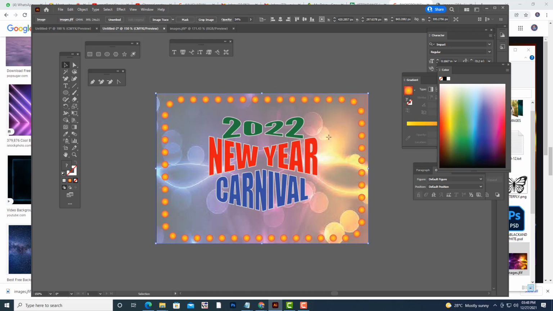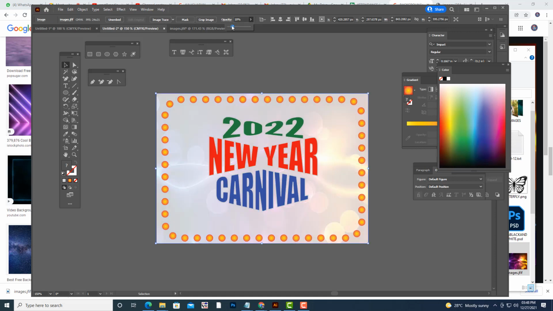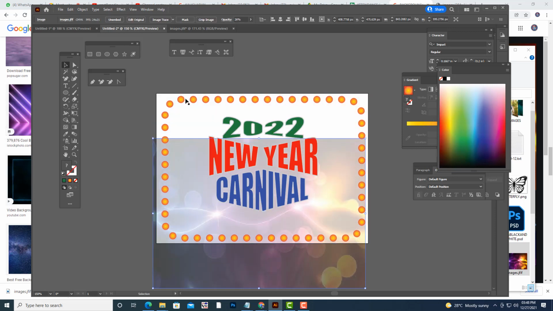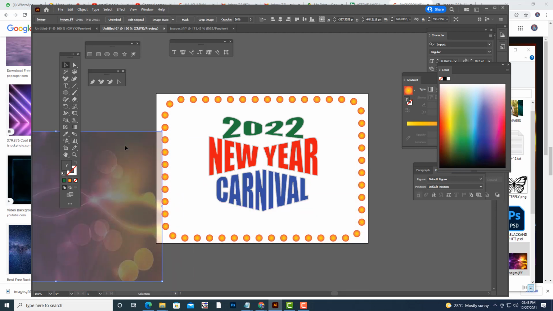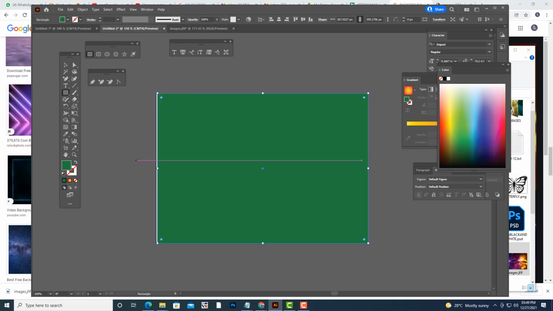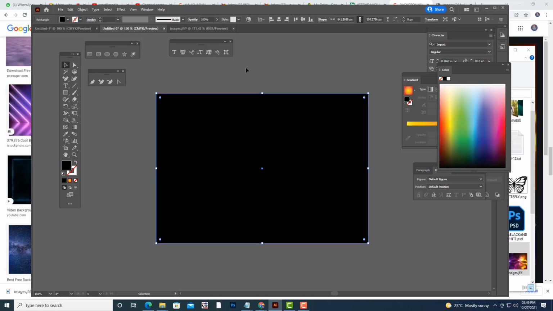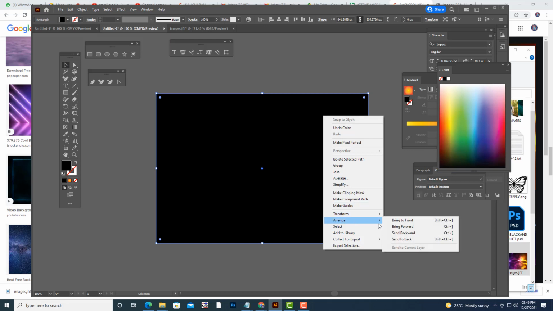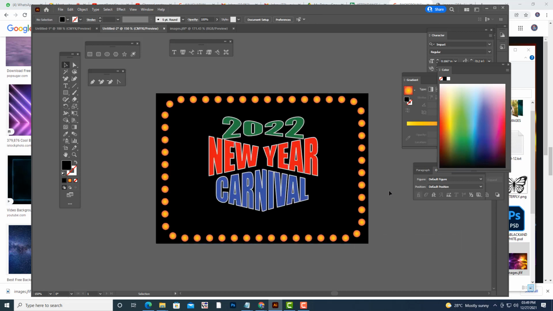See, some nice interesting background, and in case you want to reduce the opacity for this, you can reduce it. One thing we can do: instead of this one, we can put a black background. A pure black background will be very attractive. See, it's more attractive.